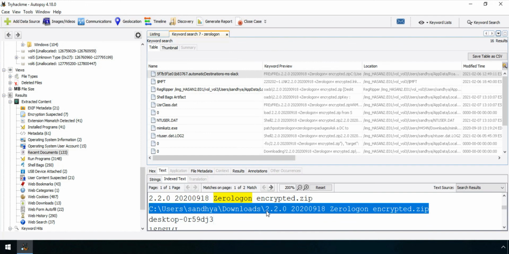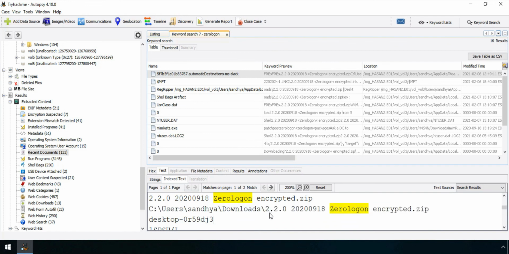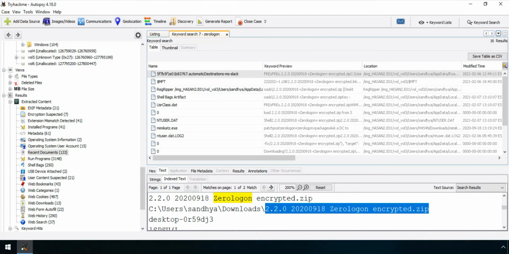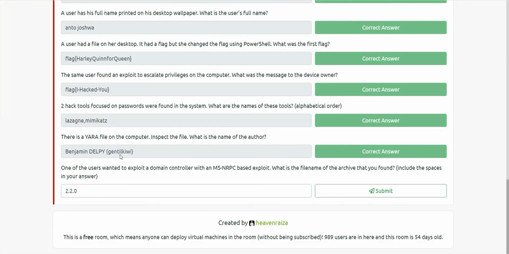C:/Users/Sandhya/Downloads, and the file name is actually 2.2.0, and the date, and Zerologon encrypted.zip. So here is the name, and it is our answer. I will write it in the answer to show you whether it is correct or not.